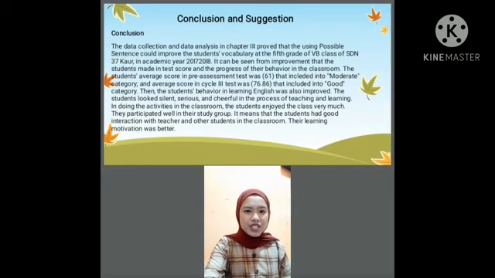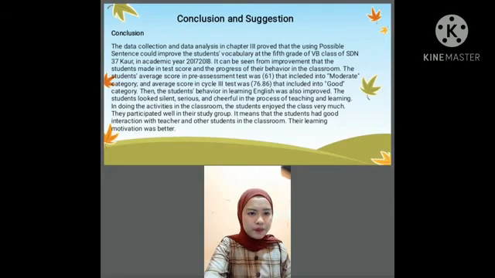Conclusion and suggestion. The conclusion: the data collection and the data analysis in chapter 3 show that using possible sentence could improve the student vocabulary at the fifth grade. It can be seen from the improvement that students made in test score and the progress of their behavior in the classroom. The student average score in pre-assessment test was